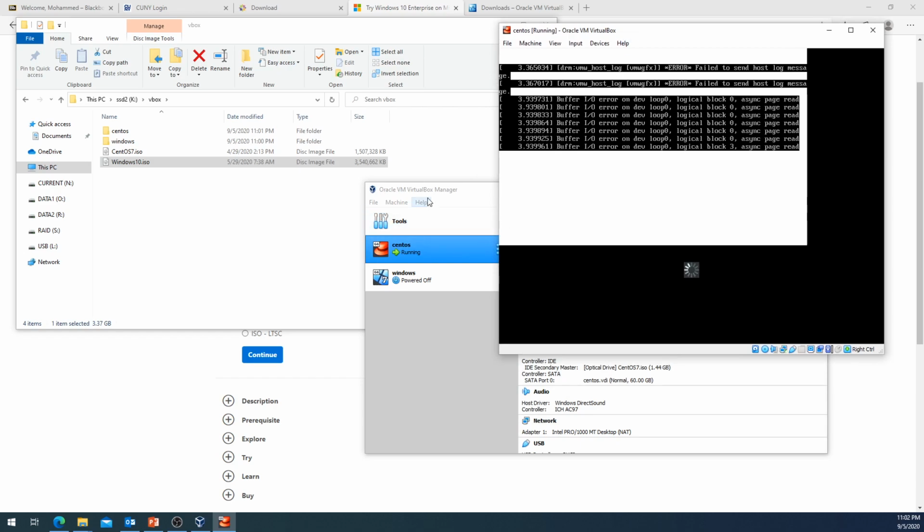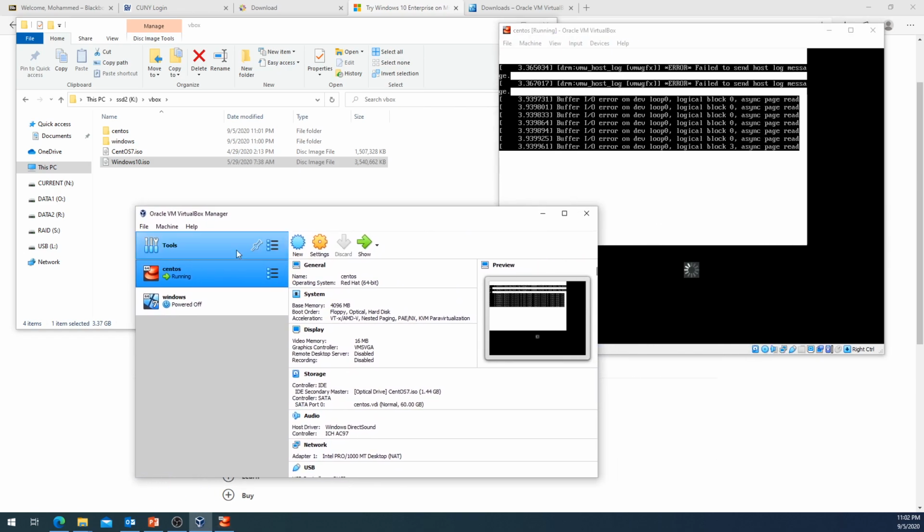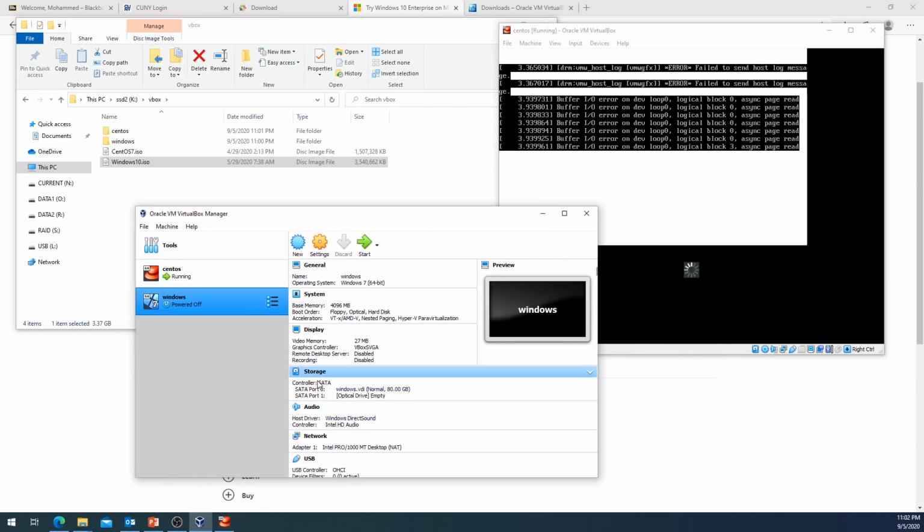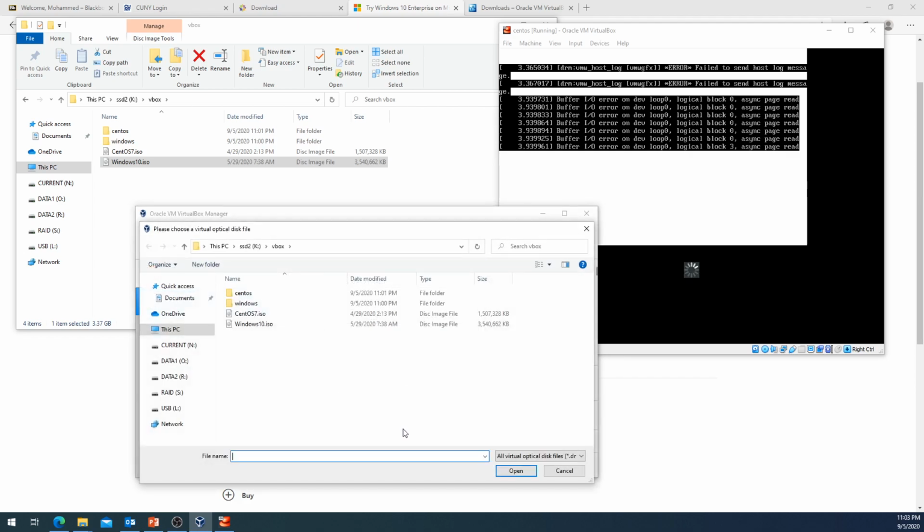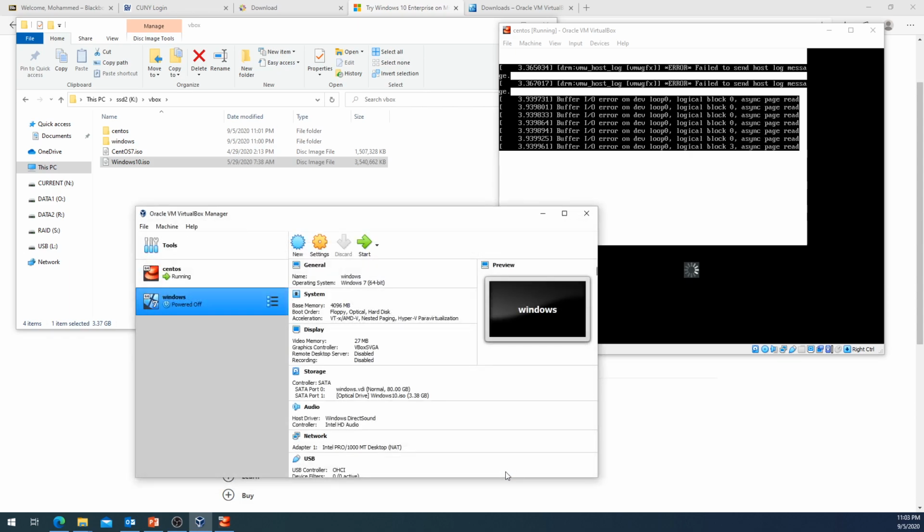So while that's happening, I'm going to go ahead and define the Windows VM, same idea. Under storage, where it says optical drive, I'm going to choose a disk file. So this time around it's going to be the Windows ISO file. Okay, so you can see that it has changed. It is now pointing to the Windows ISO. And when I start this VM now,